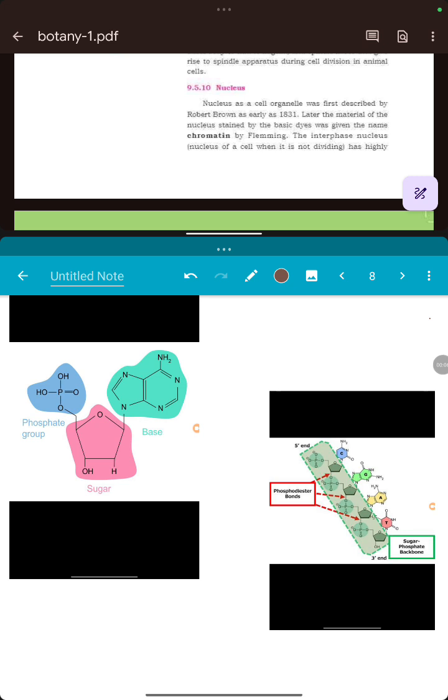A nucleus as a cell organelle was first described by Robert Brown. Robert Brown is the person who described the nucleus as early as 1831. Later, the material of the nucleus stained by the basic dyes was given the name chromatin. Nucleus was stained means